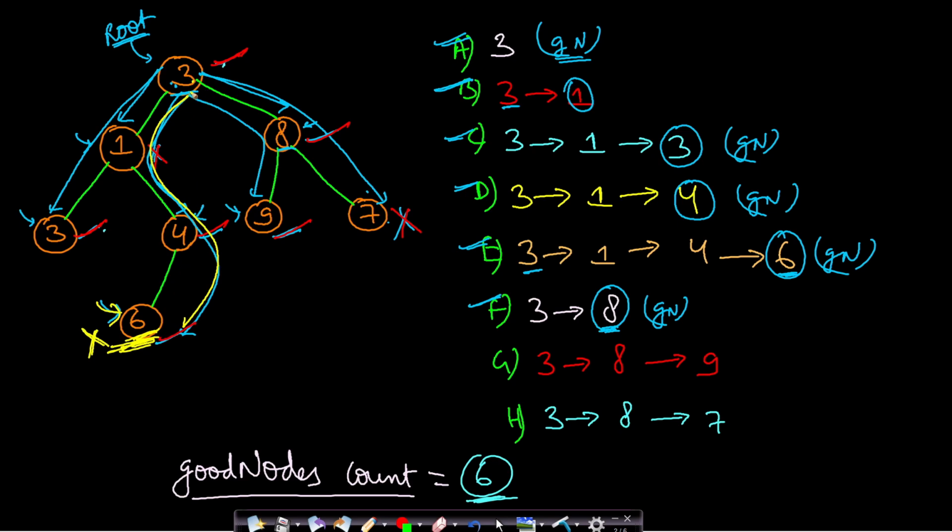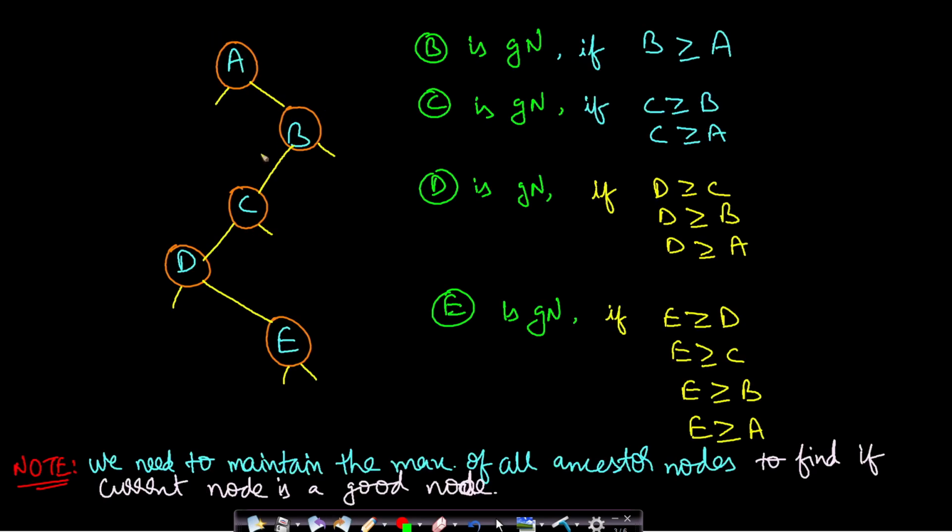So how can we get the maximum of this entire path? One easy way is, whenever we reach a node, we just start from the root, or maybe we will start from this node and keep climbing up and take the entire path and get the maximum out of this path and compare with this current node. But this will not be efficient. So whenever we move, we can maintain the maximum variable. Let us see that with an example.